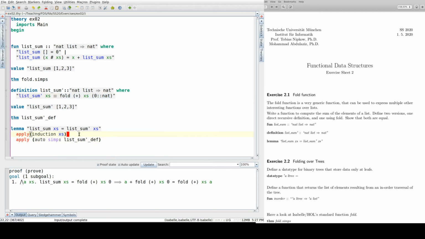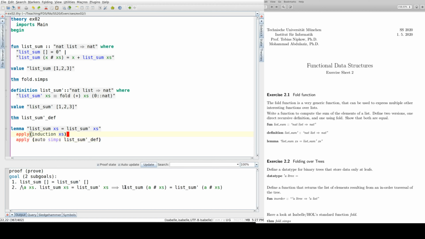Okay, so when we do that, we discharge the first goal, and the second goal is transformed into that. Okay, so here we have this induction hypothesis, and